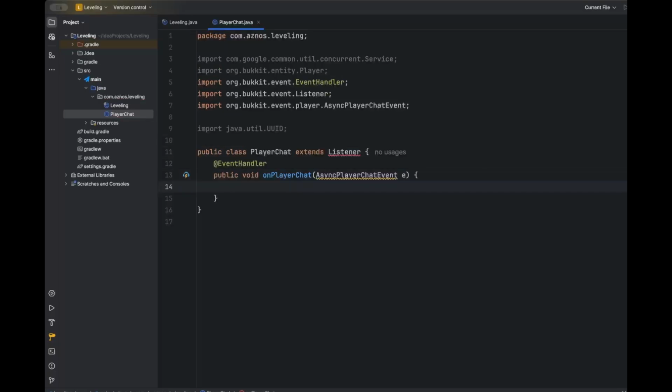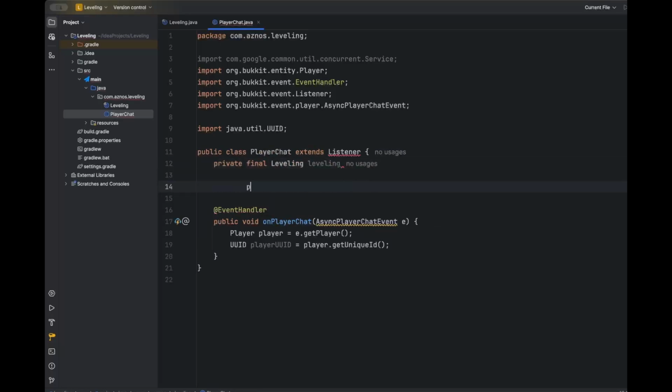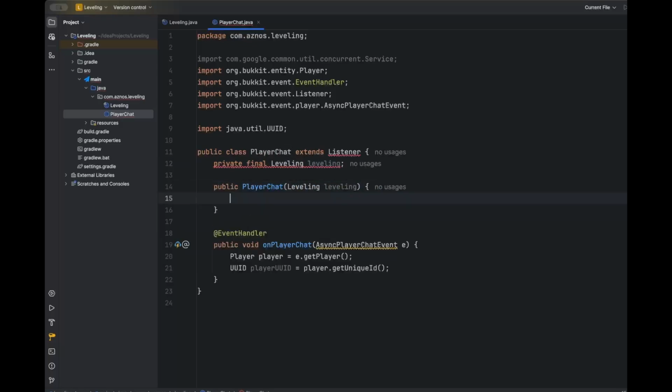Okay, and in our AsyncPlayerChatEvent, we're going to say Player player equals e.getPlayer(), and then UUID playerUUID equals player.getUniqueId(). And then up here, we're going to say private final Leveling leveling, and then public PlayerChat(Leveling leveling),